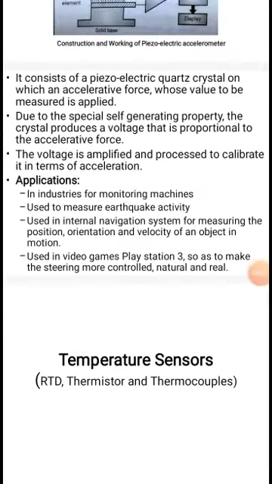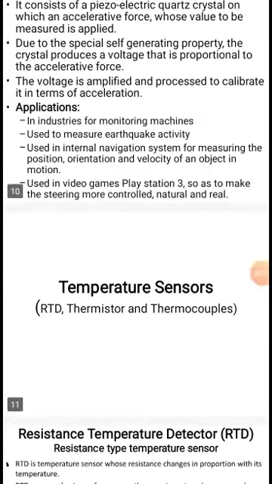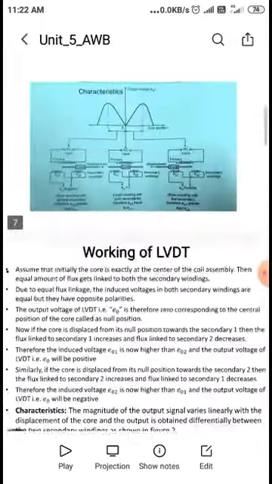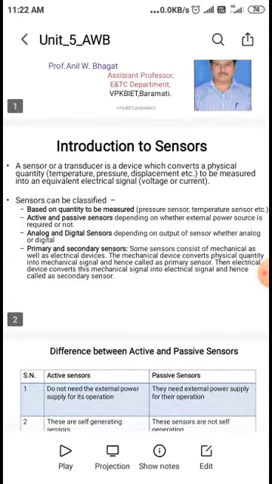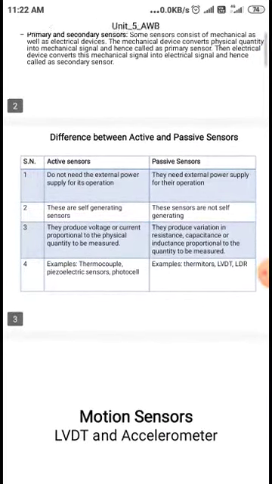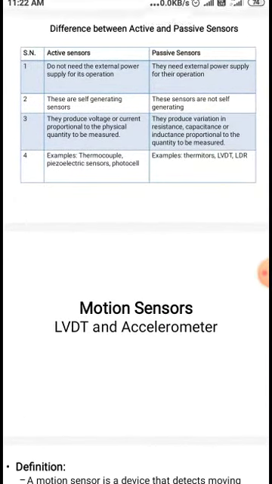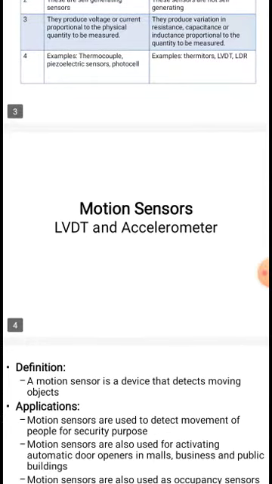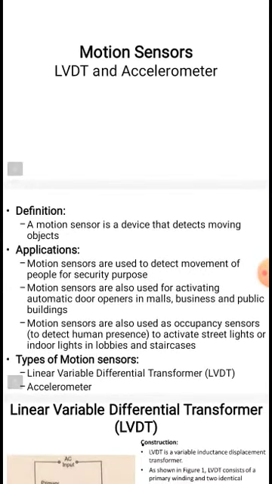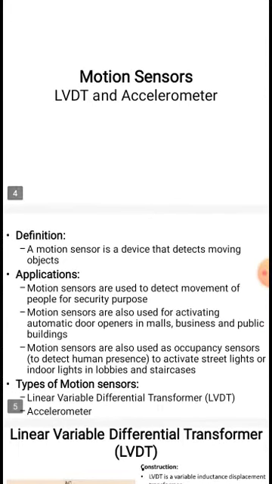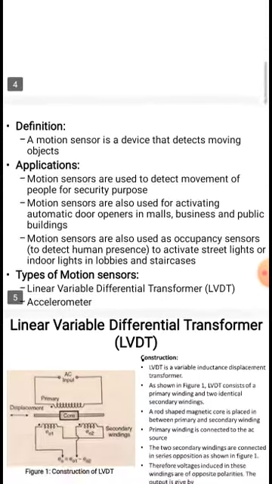Once again, to conclude this topic: I have covered the sensor, the difference between active sensor and passive sensor, and then the motion sensors, LVDT and accelerometer. LVDT is used to measure displacement and the accelerometer measures the